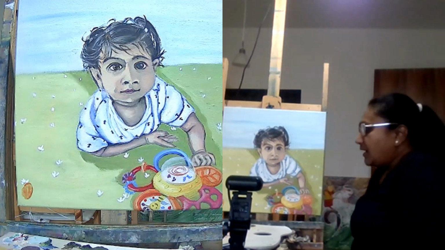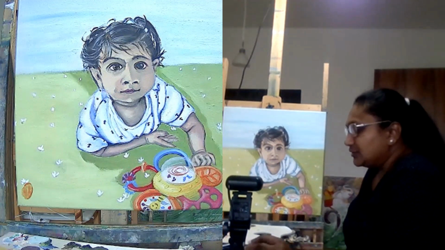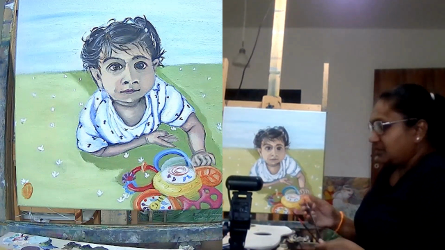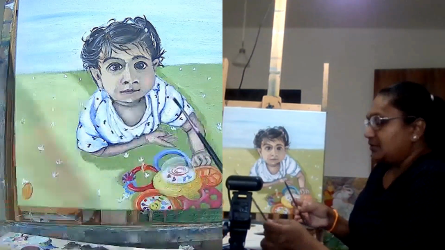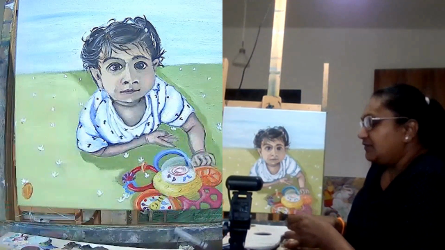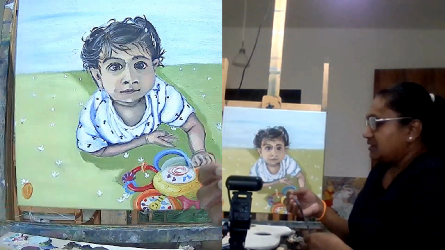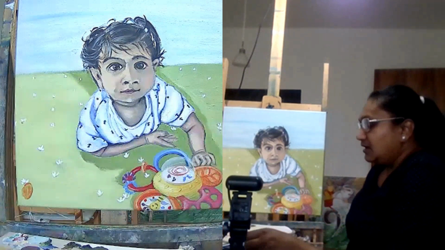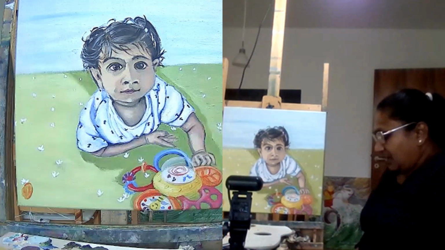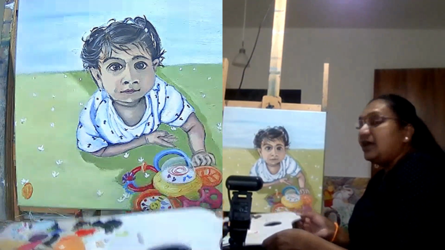Get ready. What I am having with me is that I think I will mostly use brush number 1, a round brush, or brush number 2. If I feel like, I also have a very minute brush, the zero brush that I've been using for a while. It's really old. I might get into that. And, if at all I want a very thin line, what I do.